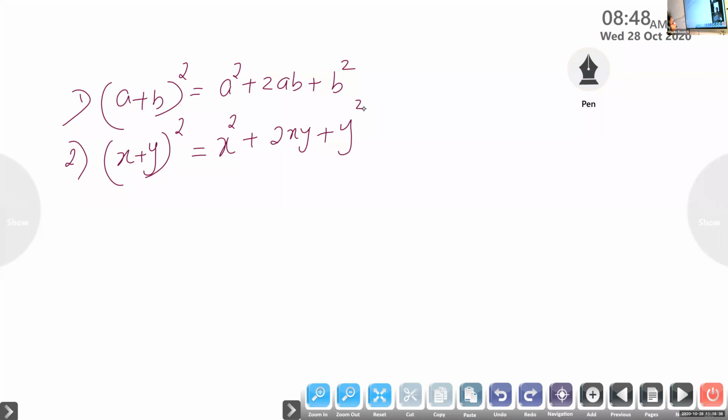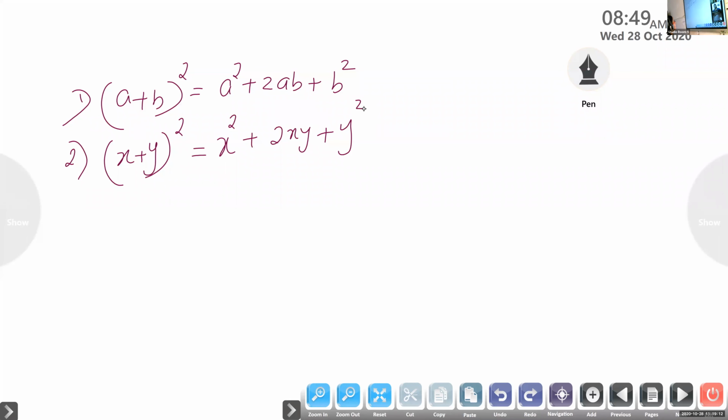Listen carefully. (a + b) the whole square is equal to...